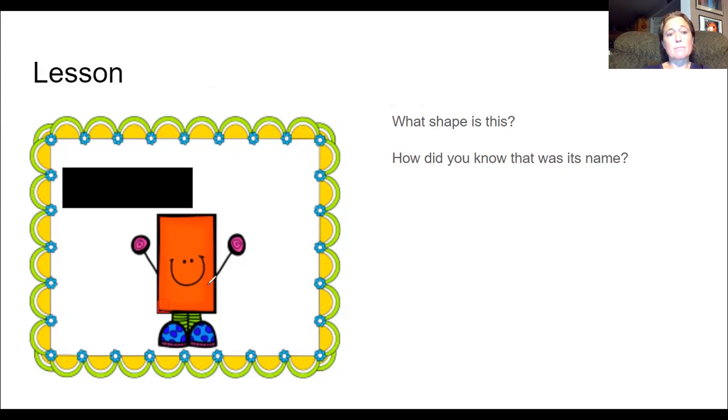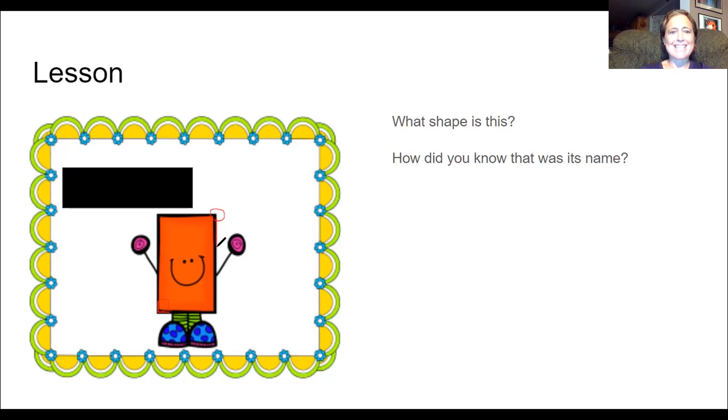So it has to have 4 angles and they have to be 90 degrees. And it has to, of course, be 4-sided, right? So it's a 4-sided shape, opposite sides equal, 4 right angles, and 4 vertices,